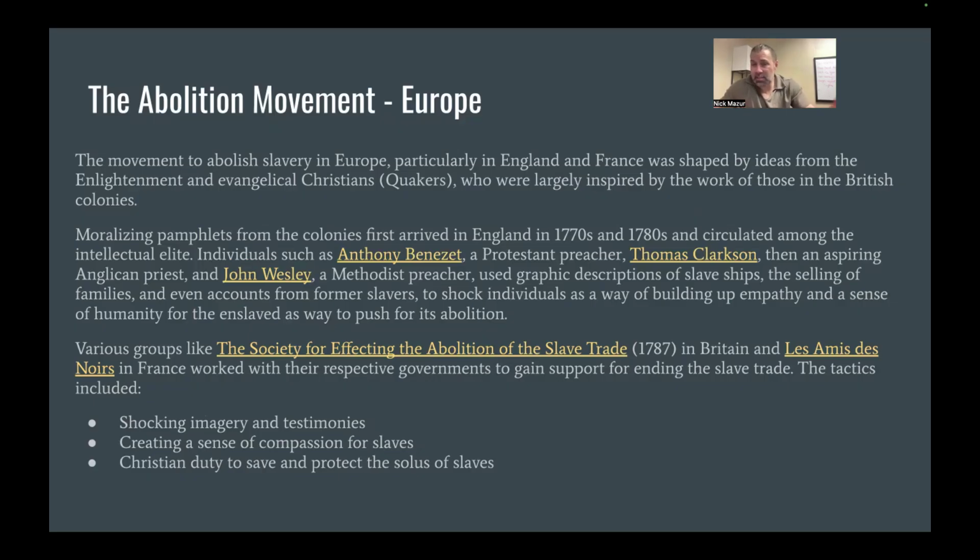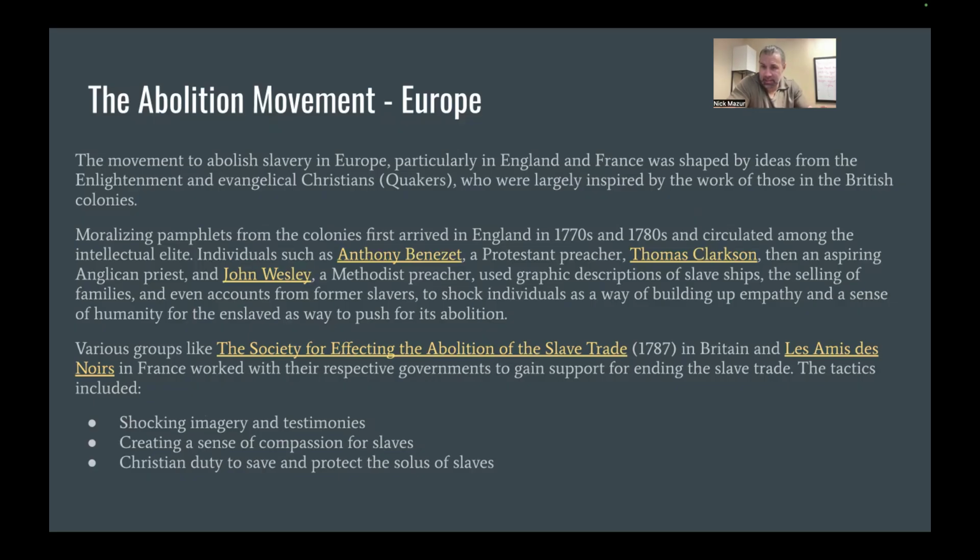And the reason is very simply this, that there was far too much of an investment in it, right? It's not that people didn't have compassion, but the compassion extended the length of a coin for many people. They're just like, well, this is business. This is money. In order for you to really be able to end slavery through a movement of compassion, you have to convince everybody. Everybody has to know that this is wrong.